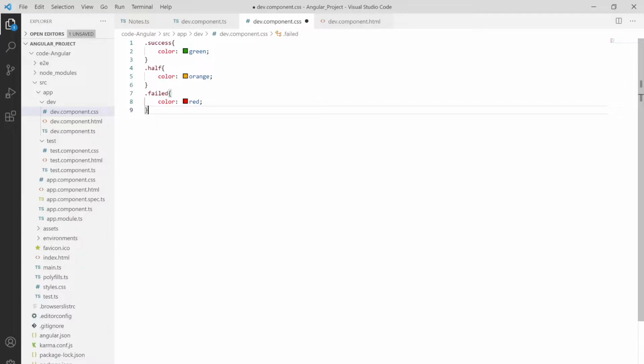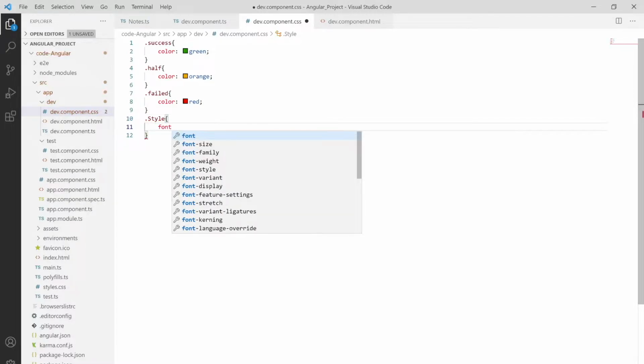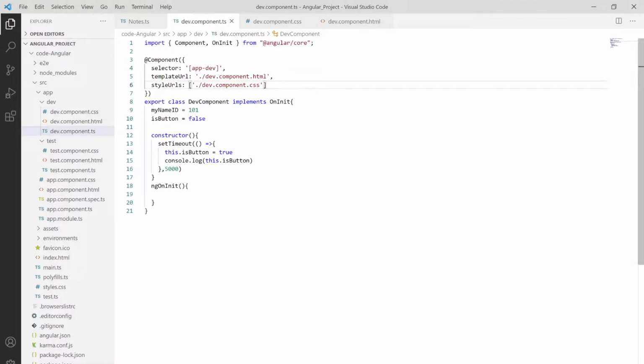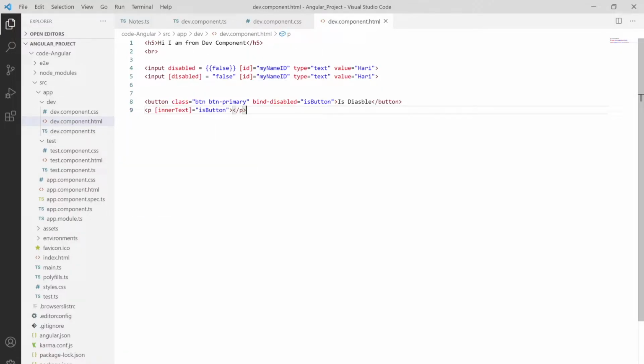I also created one more class, which is our font style class. So let me choose some kind of font styling. Let me choose font style over here as italic, and let me save this out and move to the component. Let me create one more thing. As already shown, our project is running, so let me put some br tags to break this up, or to give some lines in the HTML.